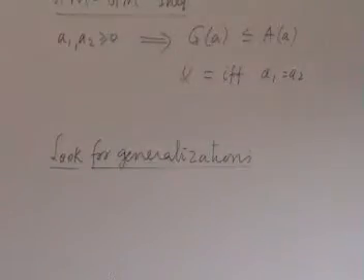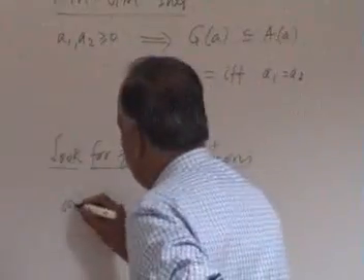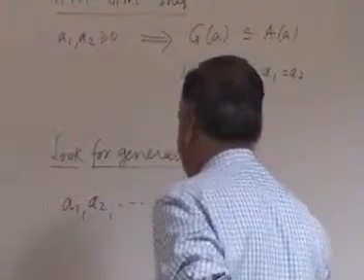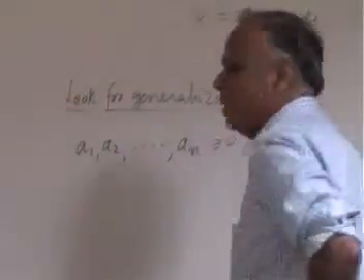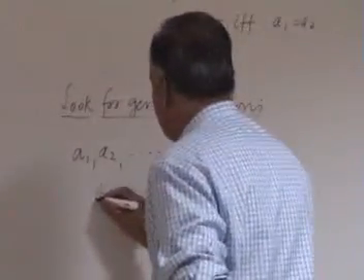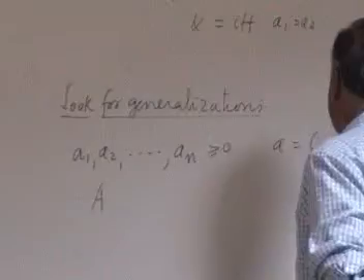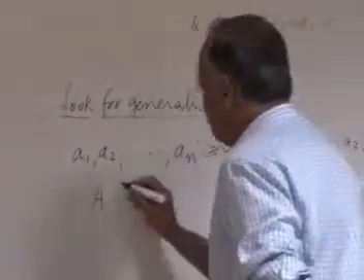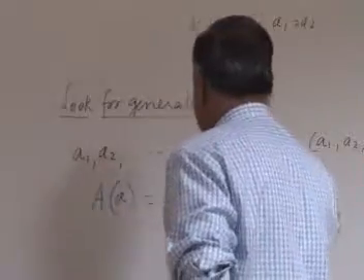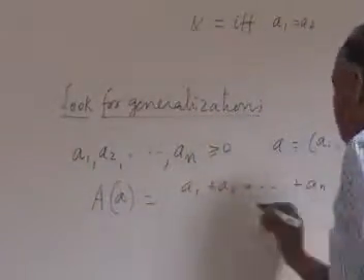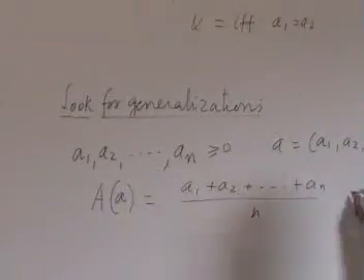So now I look at a1, a2, ..., an greater than or equal to 0, and then I define a to be that vector (a1, a2, ..., an), just for shorthand notation. Then the arithmetic mean AA is the usual average, (a1 plus a2 plus ... plus an) by n, and the geometric mean